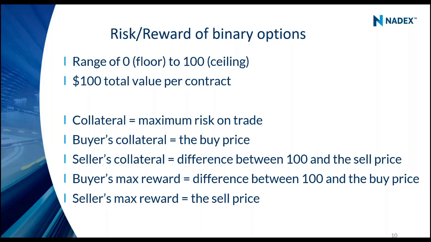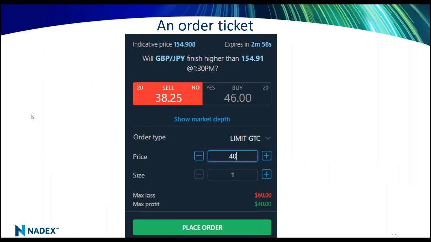Now, if I'm wrong, if I sell it at 50 and it's true and it goes to 100, I would have risked 50, it went to 100. I can't lose any more than that. I would risk 50, I could potentially lose 50 if it went to 100. That is a binary option, and we're going to go through some examples. Now, on an order ticket, you do not need to do any of that math. Here is an order ticket for the pound yen.